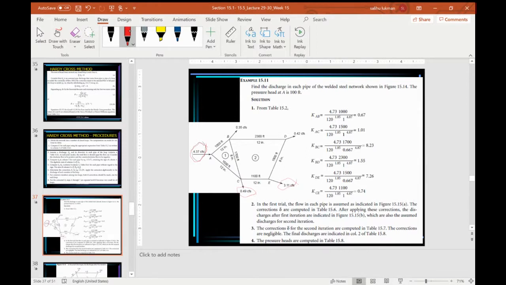Okay, this is supplying areas, that is the extraction, the withdrawal from the nodes to residential areas and what have you. Okay, and we want to analyze the flow. So we analyze the flow where we assume the flows in each pipe and we corrected it for every loop. Okay, and at the end